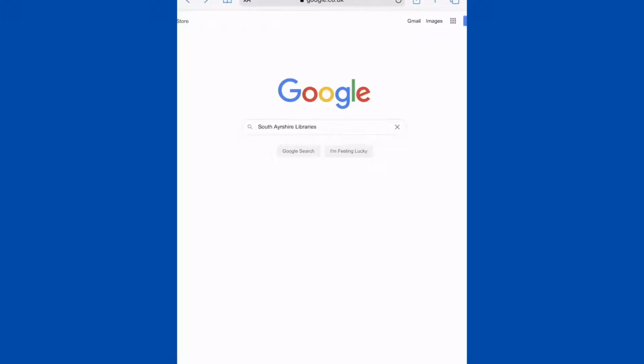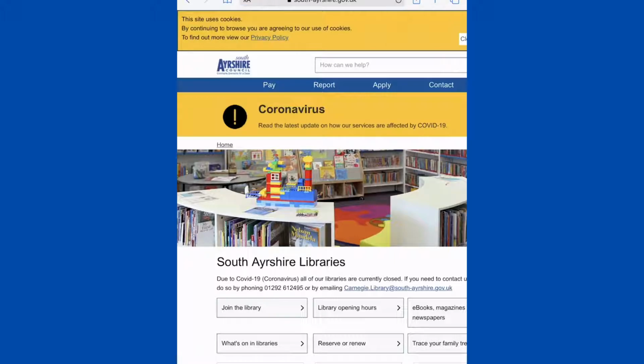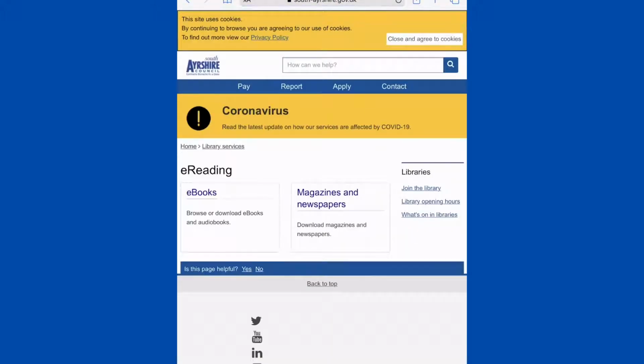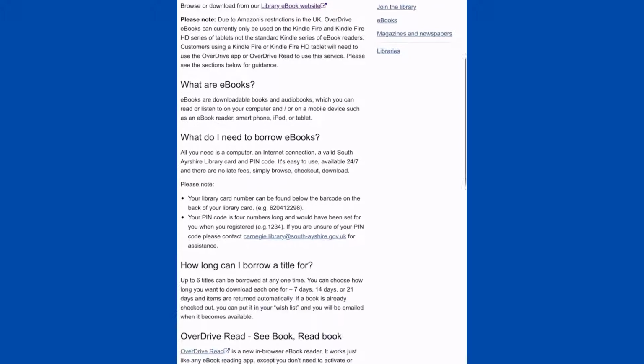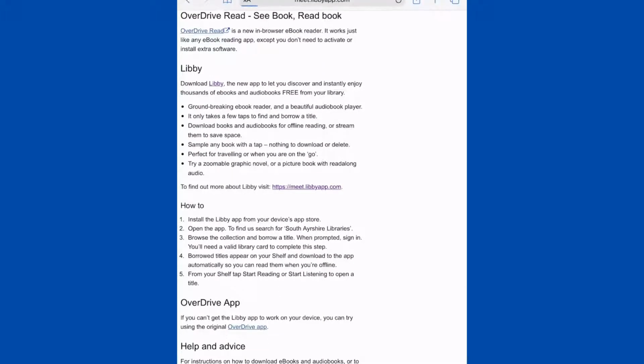So to get started, if you just type South Ayrshire Libraries into the search engine, and the first option here, Libraries South Ayrshire Council, if you just tap on that, it will take you to our library's website. And on the right hand side you'll see the section ebooks, magazines and newspapers. If you just tap in there, and then on the left hand side you'll see the section for ebooks, tap in there. And then if you just scroll down to the section on Libby, download Libby,